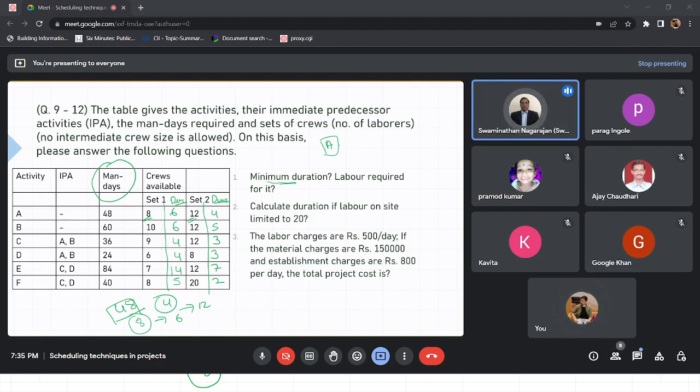Sir, the activity E under set 1 is 12 days. 12 into 7, right? 84, not 14. So we have got activity A, activity B, and when both these activities